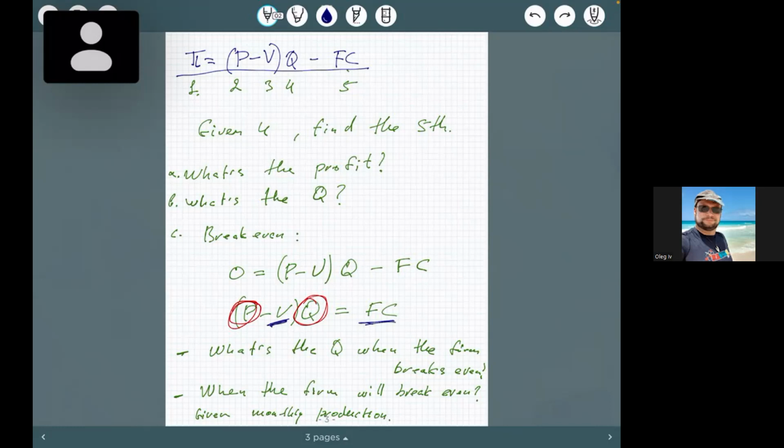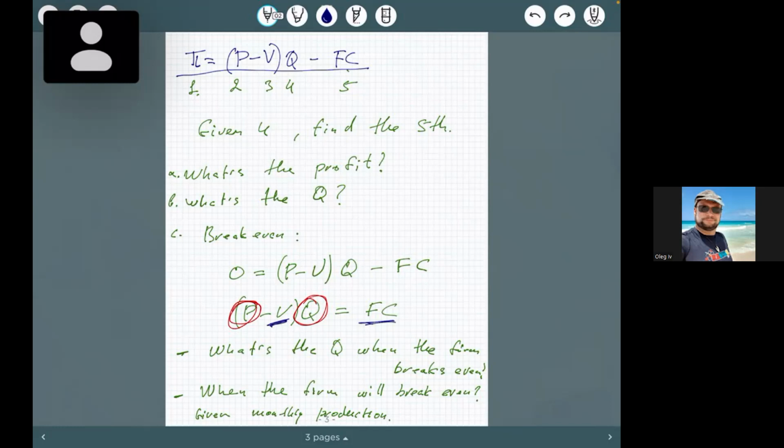Again, in our examples, very simple. You are simply given, the car factory produces 10,000 cars per month. How long will it take to break even, given all other things, if the quantity is, let's say, 100,000 cars. So you find the quantity from the equation, and then you transfer the quantity to time using the simple explanation that